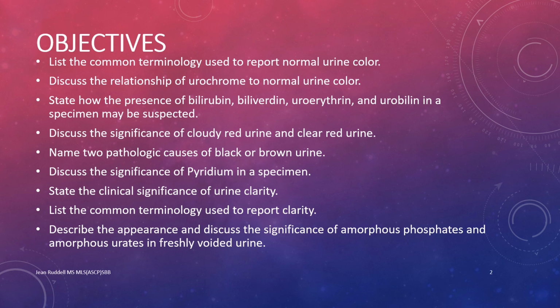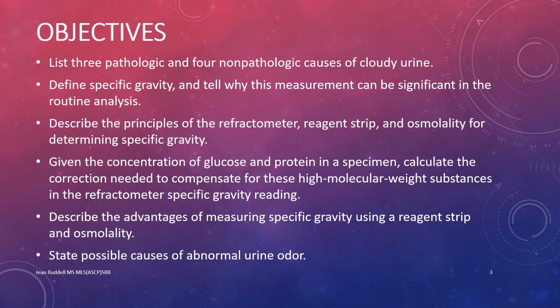state the clinical significance of urine clarity, list the common terminology used to report clarity, describe the appearance and discuss the significance of amorphous phosphates and amorphous urates in freshly voided urine. Objectives continued: you should be able to list 3 pathologic and 4 non-pathologic causes of cloudy urine, define specific gravity and